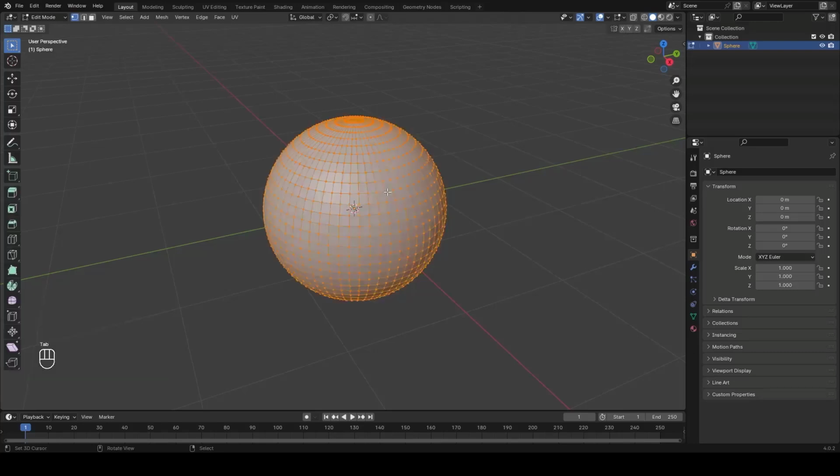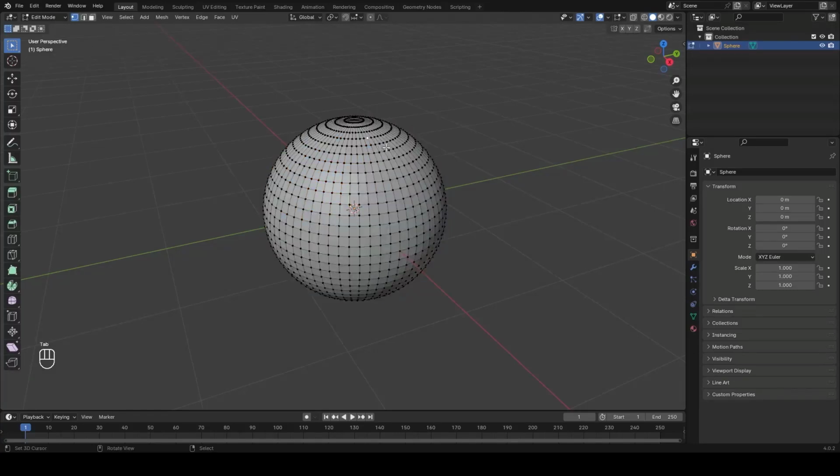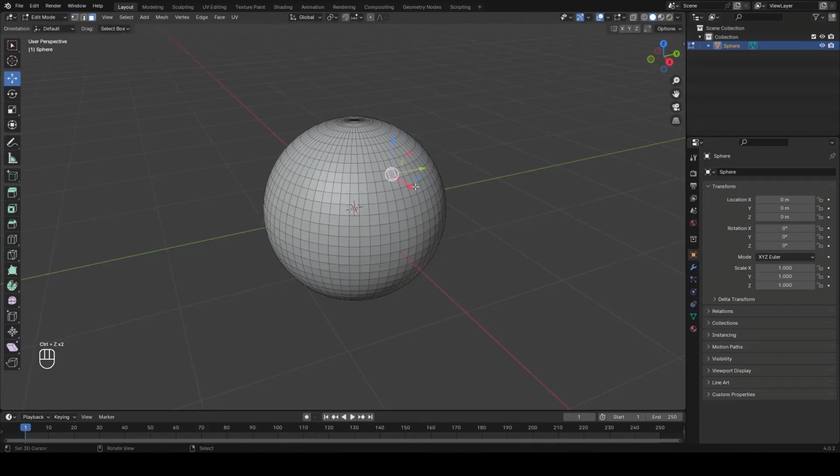3D viewport. So now going to edit mode, we can see that if we select a vertex, for example, and we're moving it, that specific vertex is moving. The same if we go into face select and we're moving the face, we see that that specific face is